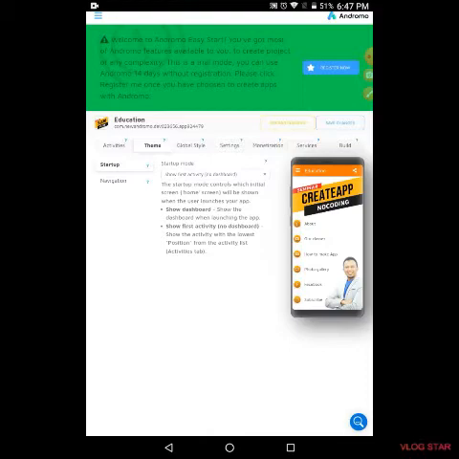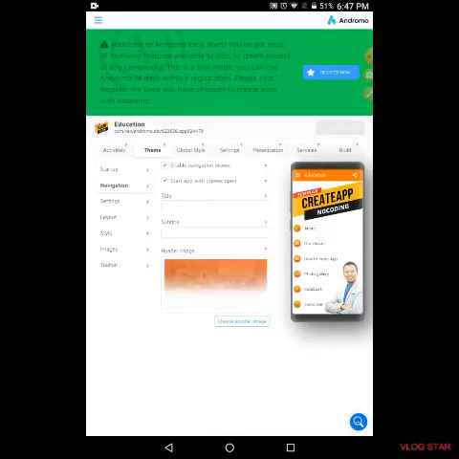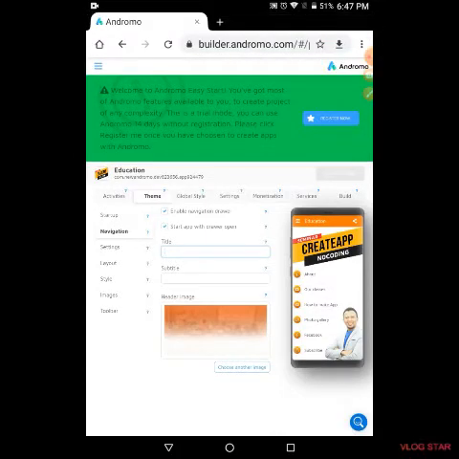click on startup mode, no dashboard or show dashboard. If you don't want to show the dashboard, click on show no dashboard. You can add the title of your dashboard and subtitle.